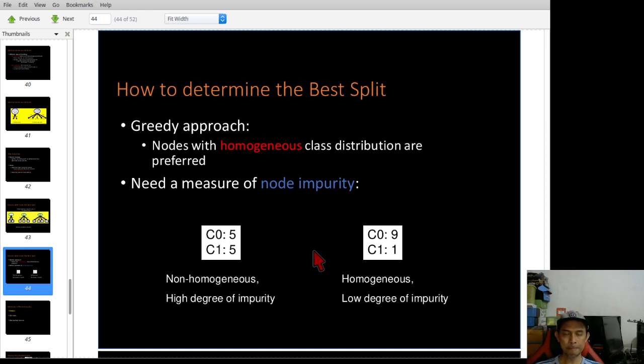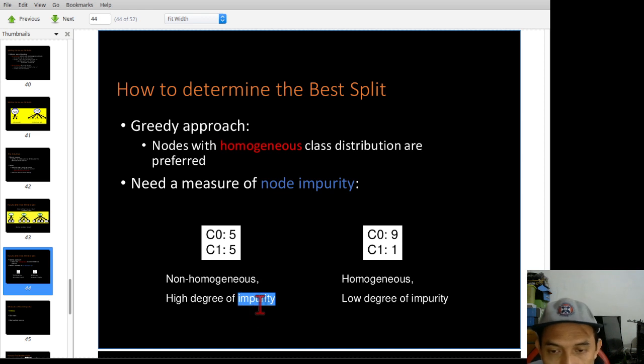Now, how to determine the best split? One is to check the homogeneous distribution. If the class is distributed equally, for example 5 and 5, we call it non-homogeneous. It is not clear because it is 50-50, so the impurity degree is very high.